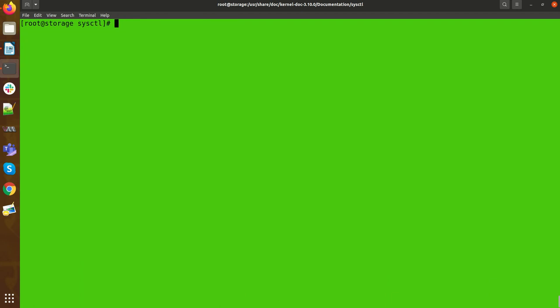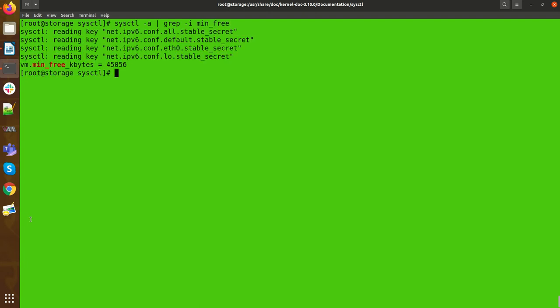Okay, and let me show you one more thing. So vm.min_free_kbytes is the size, the threshold value. Once your OS reaches that threshold value, your kswapd daemon will be in running state, and then it will move all the inactive pages to the swap.